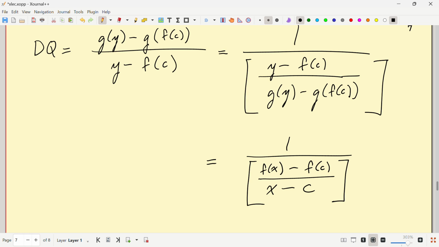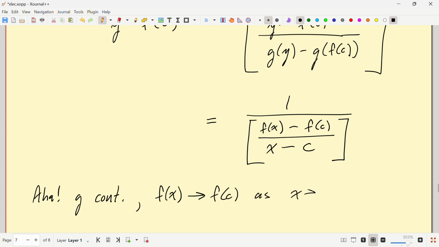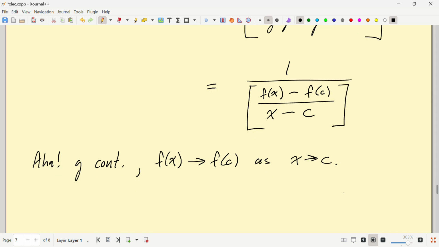And what I know now is that g is continuous. So the important fact, g is continuous, and f of x tends to f of c as x tends to c. And so g of f of x